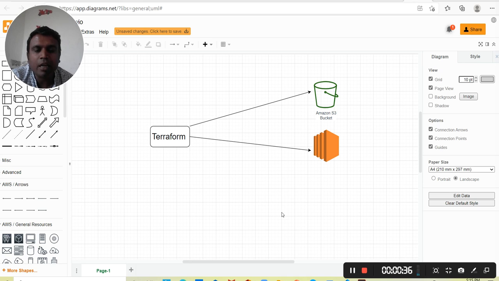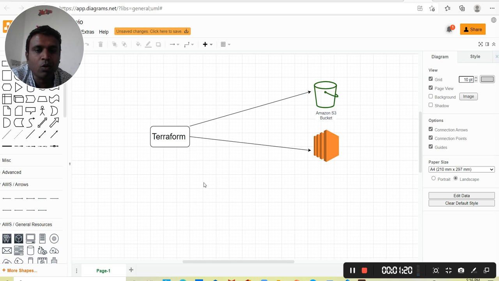So now in today's session I am taking a very small lab session where we will see how we can provision an instance on AWS cloud with the help of Terraform. So in today's lab we will create two instances. One is an S3 bucket and the second one is an EC2 instance, and we will use Terraform as infrastructure as code. In Terraform, we will write code in a .tf file, where we will provide all the basic information required to provision these instances. So this is how it will work.